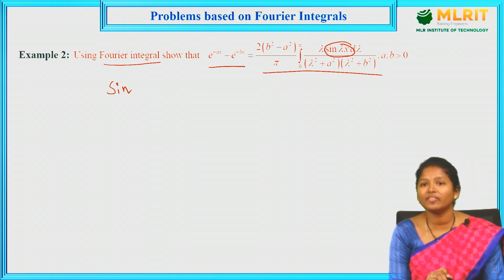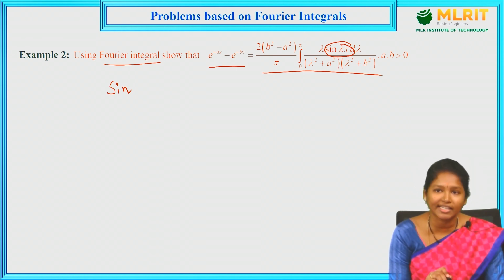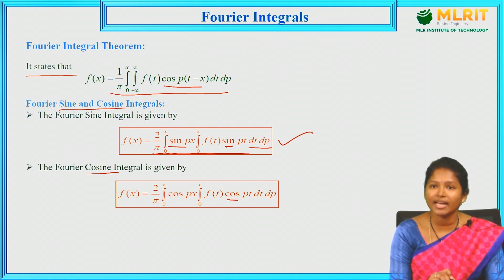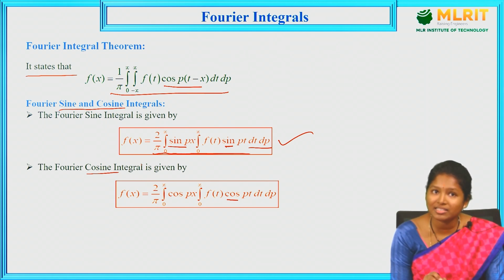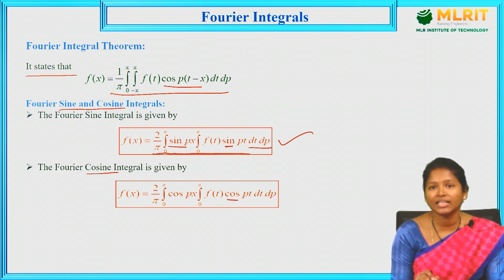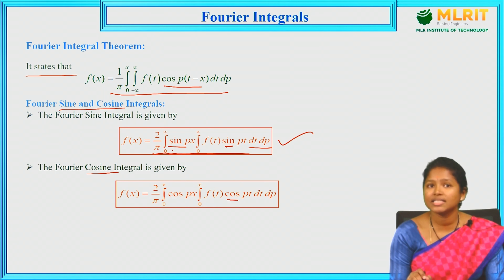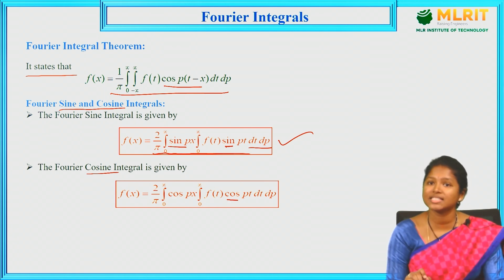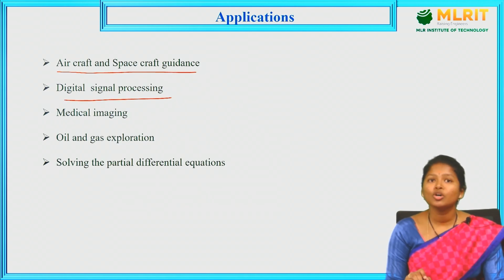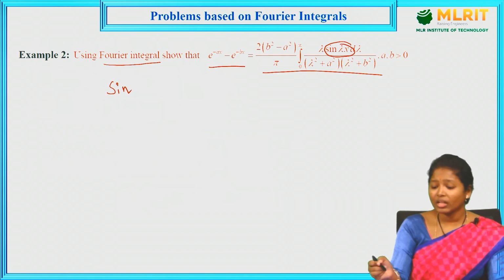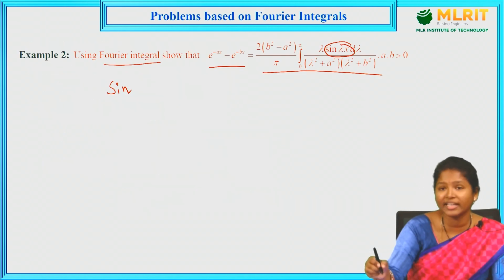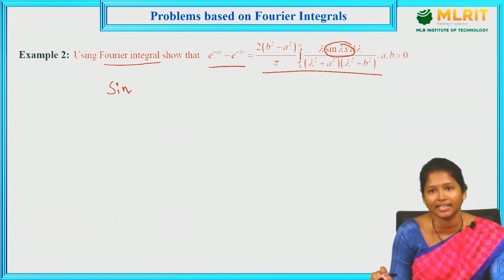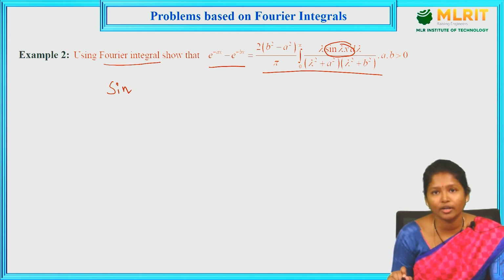In the previous slide we discussed the Fourier sine integral formula, right? Once again I am showing here: f of x equals 2 by pi integral 0 to infinity sine px integral 0 to infinity f of t sine pt dt dp. Here in the problem also they give sine lambda x in the integrand on the right hand side. So I am using